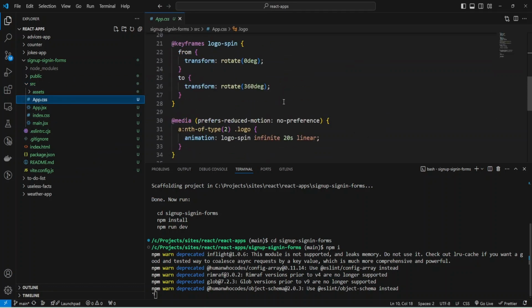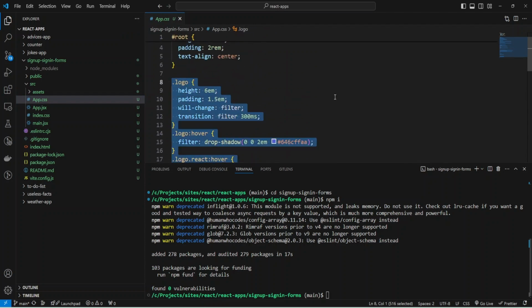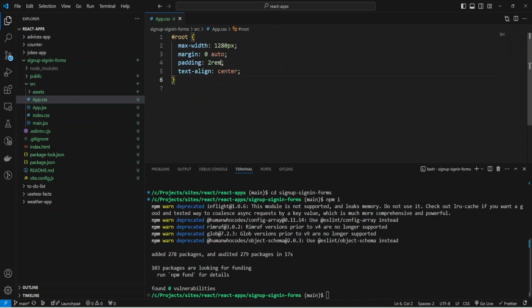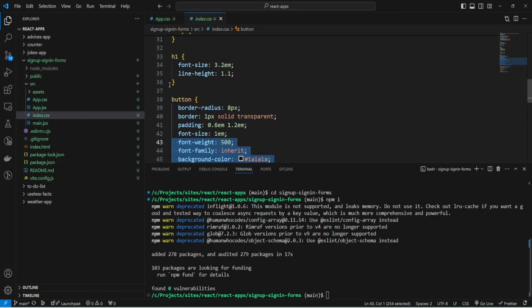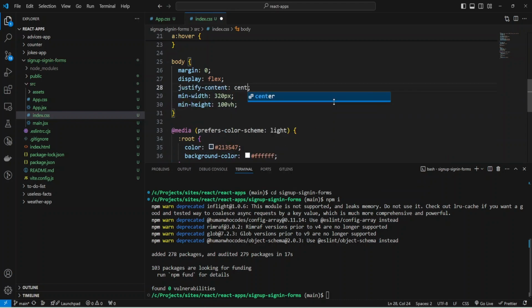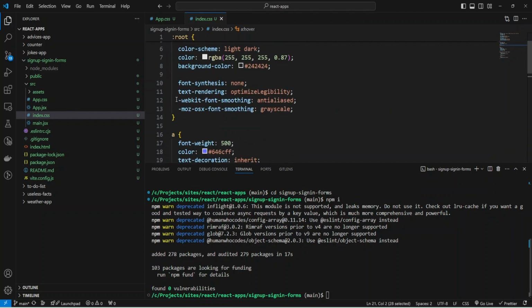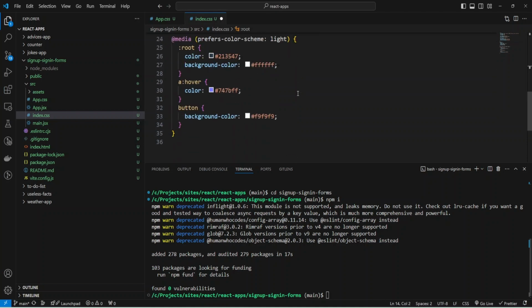And it should install dependencies, and we can open source files and check what I have. And I'm going to remove some styles from app.css. And also I can add 0 here for paddings to right and left. And also I can remove some styles from index.css, like styles for buttons, h1 and tag. And remove this place items and replace it with justify content center. And also I can remove styles for link, also from media.